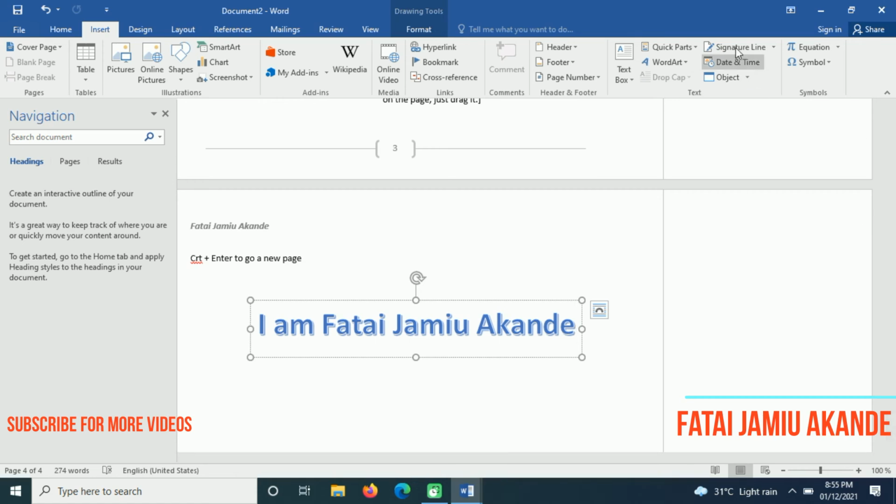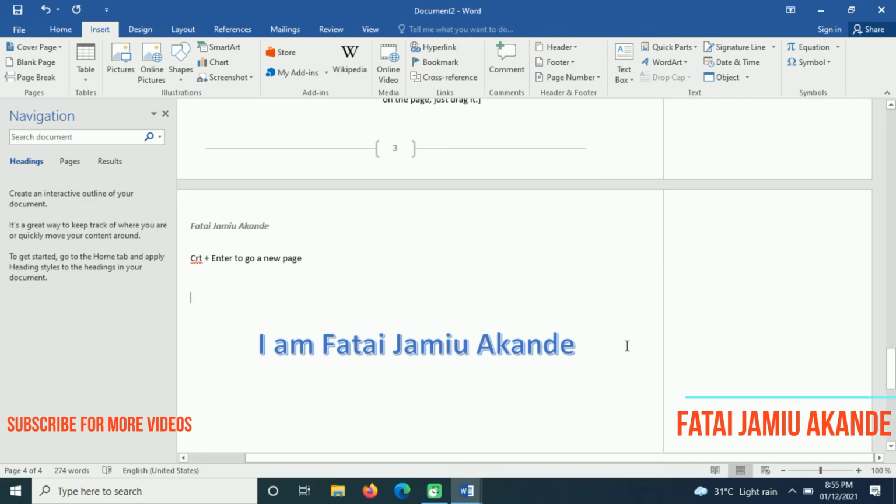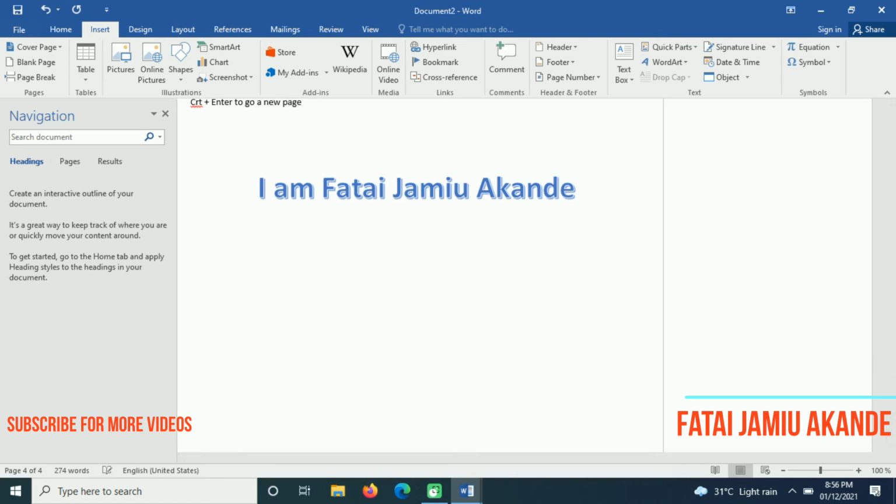So we have signature line, date and time, and object. For signature line, let me use this opportunity to teach you how to type a letter. As you know, we have a standard format for writing a letter. We have a lot of standard formats, so let me just give you one of the examples. Let's say the sender address will be at the right hand side and the receiver address will be at the left hand side for a formal letter. So let's say